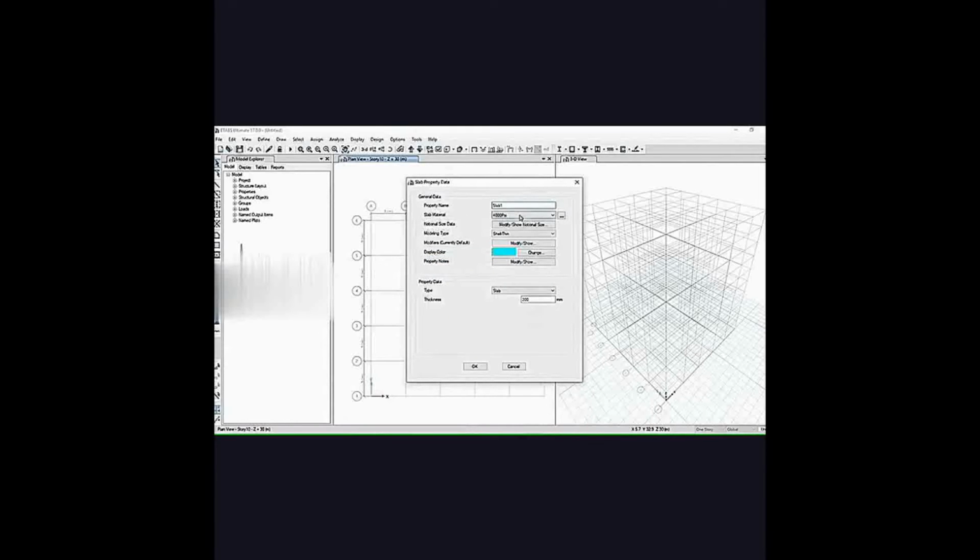Now I have to define the slab sections. Go to define, section properties, and slab sections. Modify and set thickness is equal to 200 mm. Click OK.